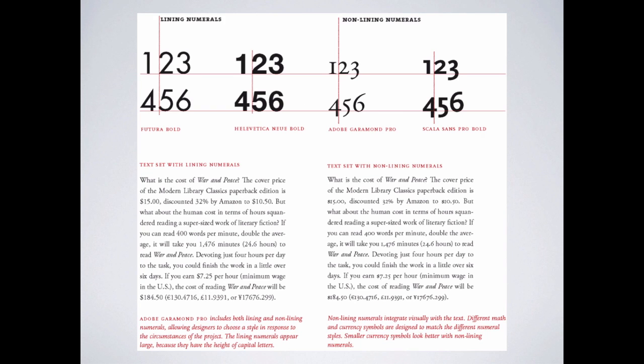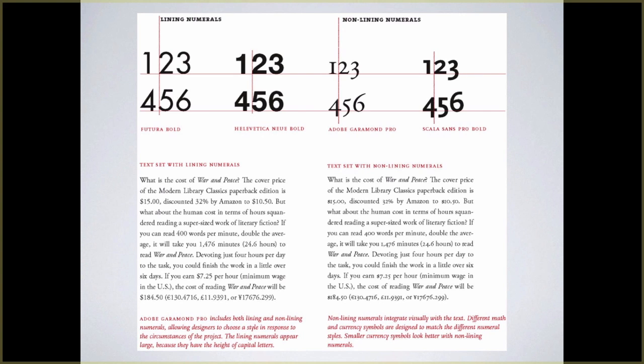So let's look at the actual example. It's much easier to see it this way. We have lining numerals. Those are the same as the cap height up at the top. We have non-lining numerals. You see the 3 has a descender. The 6 has an ascender. It goes up. And what happens when we read in a paragraph,